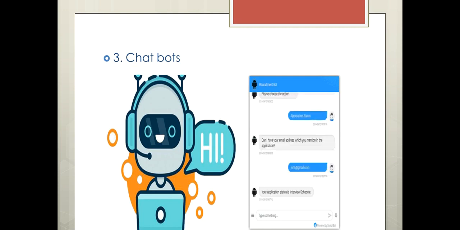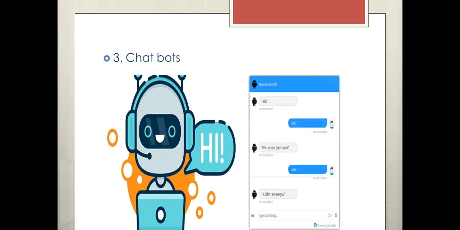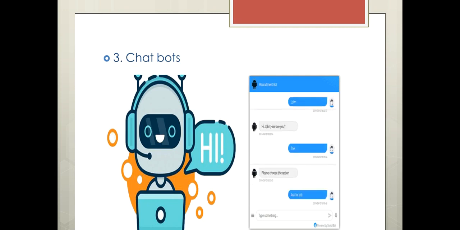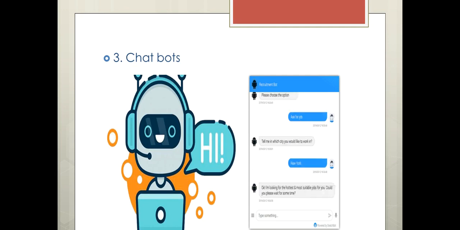So it is a very interactive way, and there is no need to directly contact the organization. The chatbot will solve the queries, and we can easily manage the communication. So it is one of the interactive approaches where natural language processing and text mining are used.